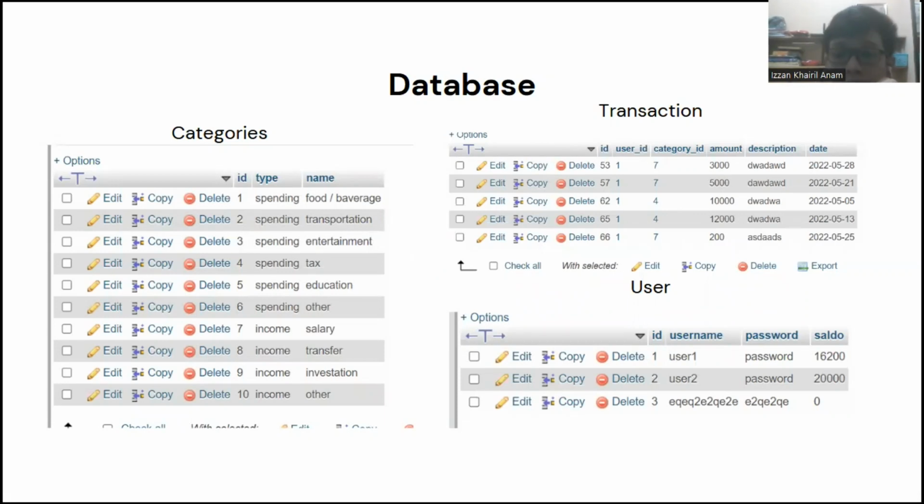Next, the category ID foreign key is related to the categories table and has a one-to-one relation. So a category can have one transaction and one transaction can only have one category.